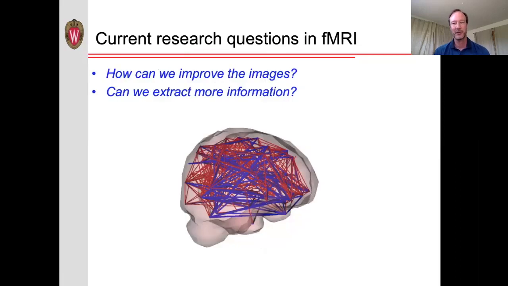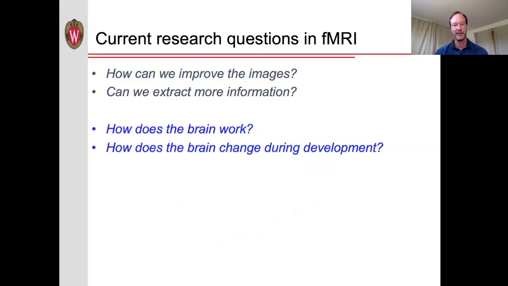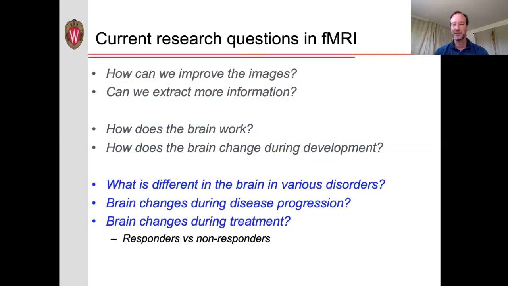What kind of research questions are currently being asked with fMRI? Well, for one, we could look at methodological improvements. That is, how can we improve the images? How can we extract more information? A lot of my research is along these lines. Next, we can try to understand more about the normal brain. How does the brain work? How does it change during development? And finally, we can look at what's different in various disorders. How does the brain change during disease progression? Or what brain changes occur during treatment? And can we actually detect differences in those who respond to a particular treatment versus those who don't respond? So these are just some of the examples of the kinds of questions that we